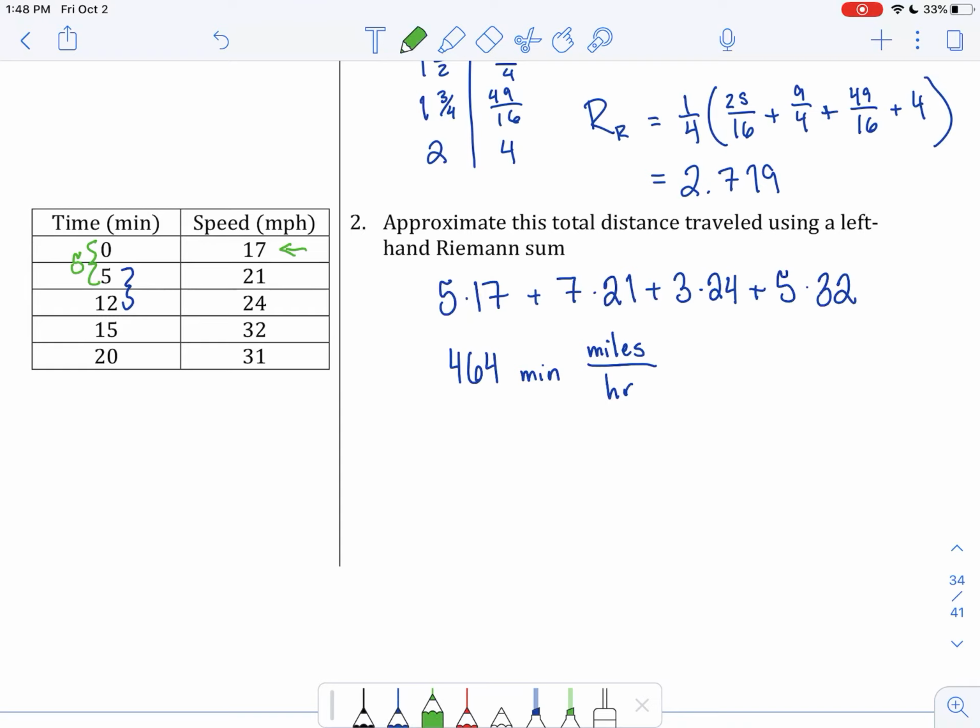So this is the unit we currently have, which is a very weird unit to use. And that's because the minutes and hours aren't going to cancel out. So what you want to do to get a final answer is multiply by the conversion factor so that you can cancel out the minute in the denominator and the hour in the numerator, and you'll end up with miles as the unit you want in your final answer. Now the numbers in your conversion factor are 1 hour to 60 minutes. And so your answer is going to be 464 over 60 miles, which is equal to